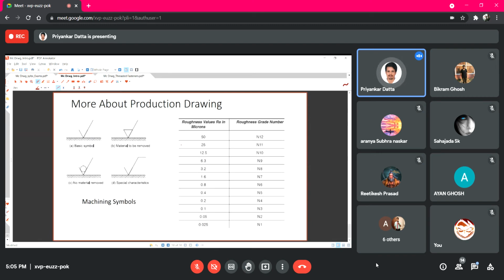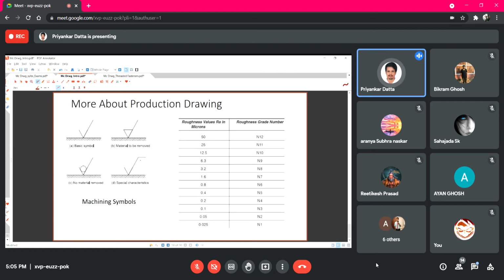Another part is, when in the manufacturing shop the component or object is being manufactured, it has to be done using some machining method or manufacturing method. Depending on different machining methods, the surface finishing will be altered.